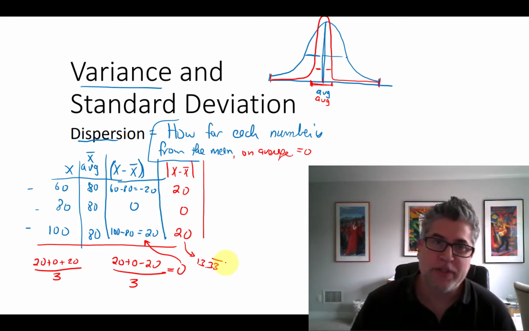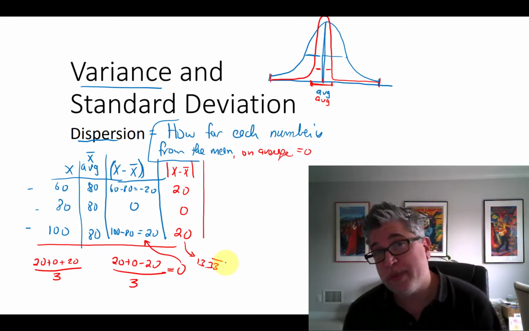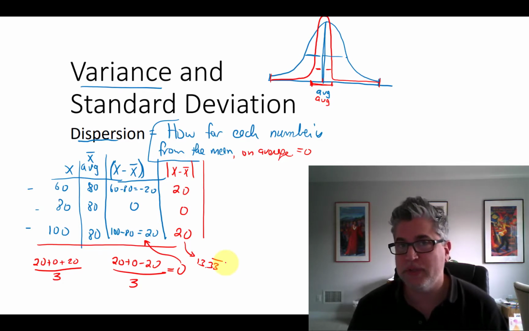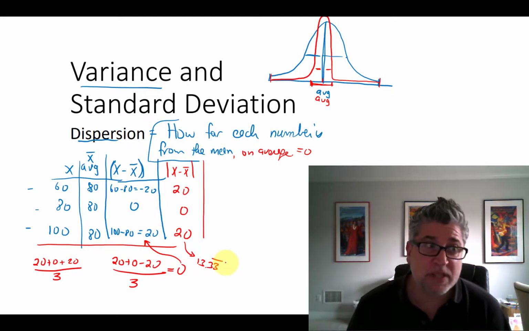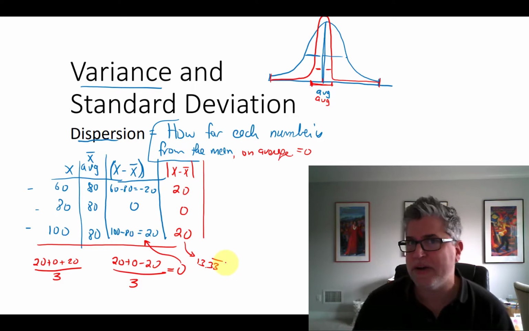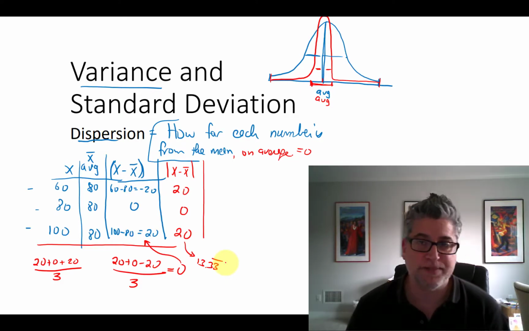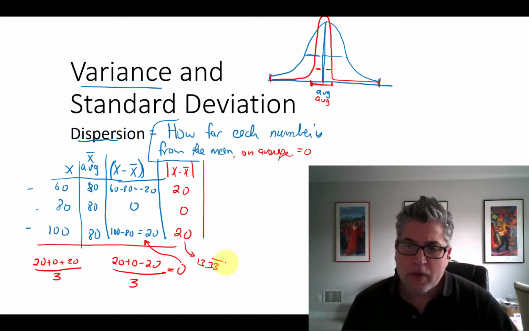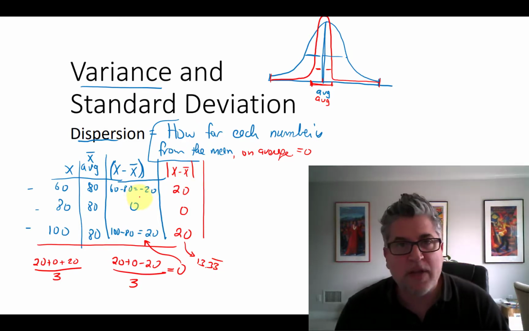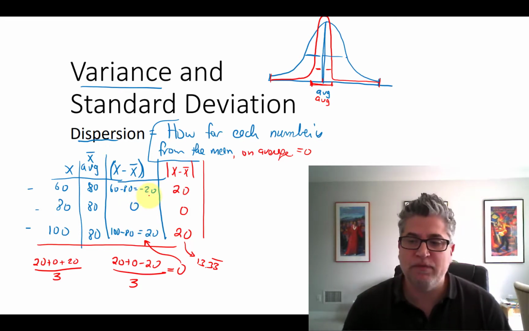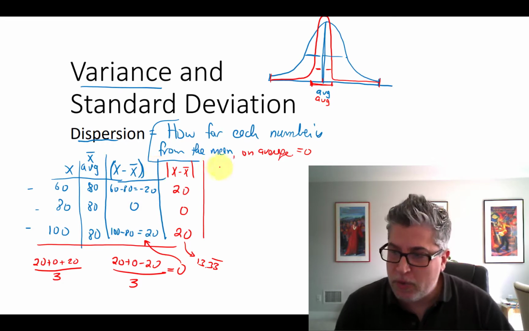Now I got to tell you, and I know this is disappointing, that this isn't the formula that statisticians actually use. We use something a little bit seemingly more complicated. It achieves the same ends, and it turns out it's better in a whole slew of different ways. Our problem was the negative numbers. Now, what's another way of getting rid of negative numbers? Rather than just taking absolute value, we could square these numbers. So take x minus x bar,